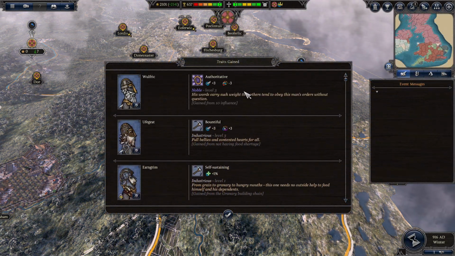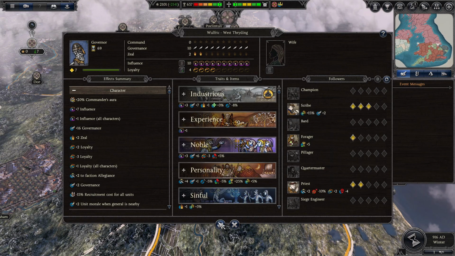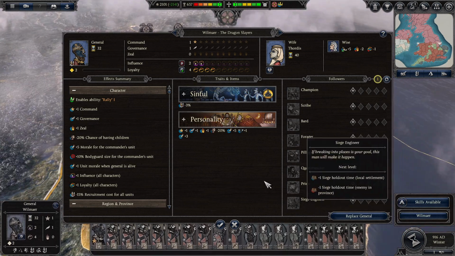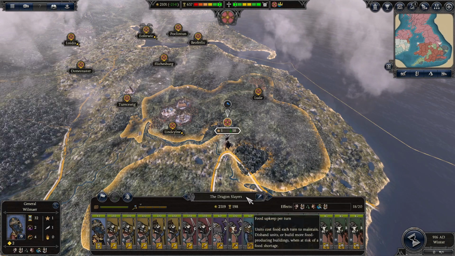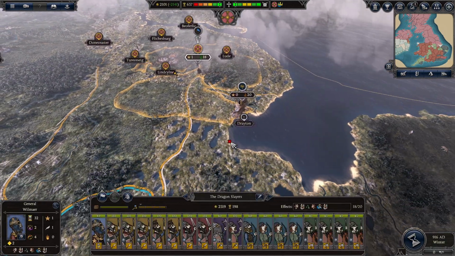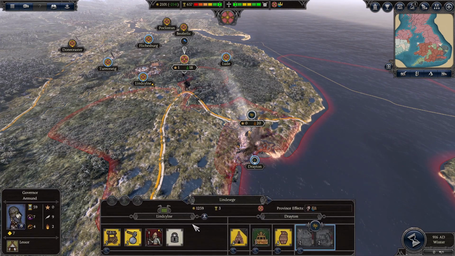Alright, more traits gained. We're actually losing loyalty of quite a lot of people here with all these different traits, but everyone's staying above 4, so it's alright for now. Skills available for Wilmir, who is a general. Let's give him quartermaster. Again, we want these guys to be able to run around as quickly as possible. Now they are a 20 stack now, this army of Sussex, and what's the...